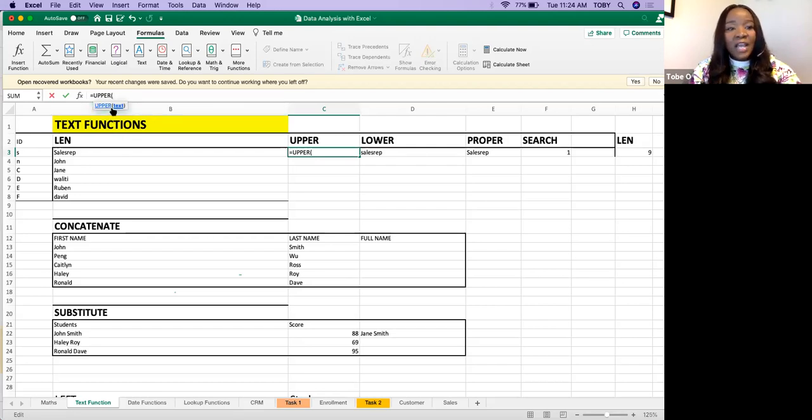You see how I type upper and it's asking me to select the text. The text is located right here. I close the bracket and click enter. The good part with Excel is, you see how we have this super lengthy list and we want to do it for all the names. Once you get the first function, all you need to do is what we call autofill. To do autofill, make sure you're selecting the first cell with the formula,